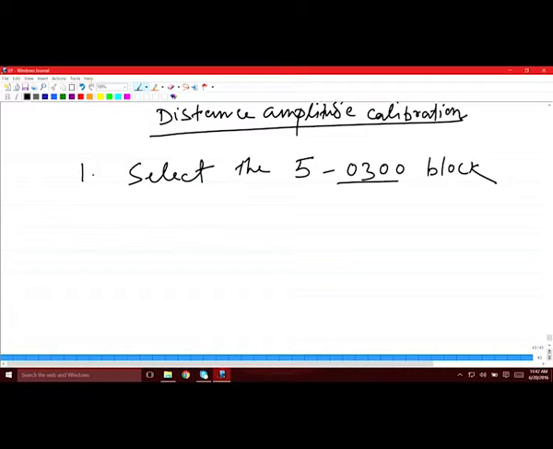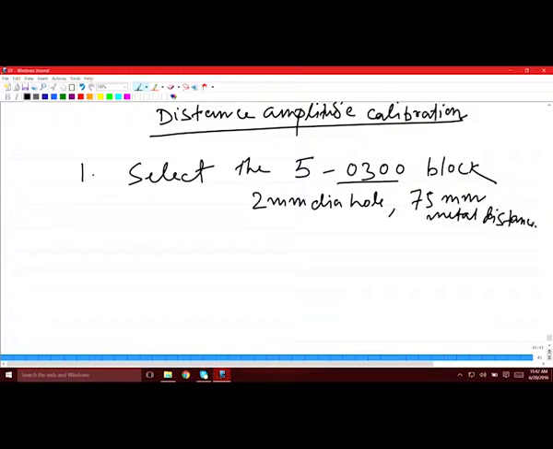Okay. So, you have a 2 mm diameter hole and 75 mm of metal distance